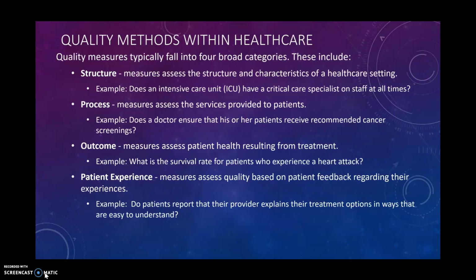The quality methods within healthcare typically fall under four major categories. These four categories are the structure, the process, the outcome, and the patient experience. The structure measures and assesses the structure and characteristics of a healthcare setting. For example, does the intensive care unit of a particular hospital have a critical care specialist on staff at all